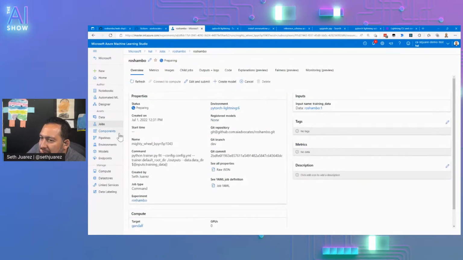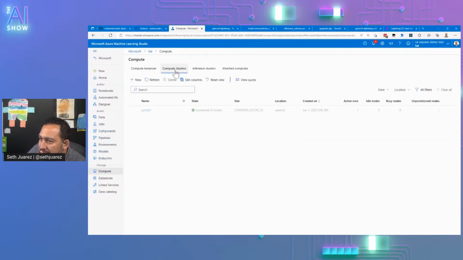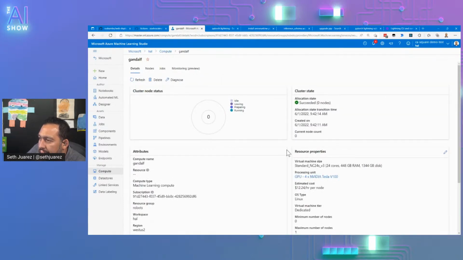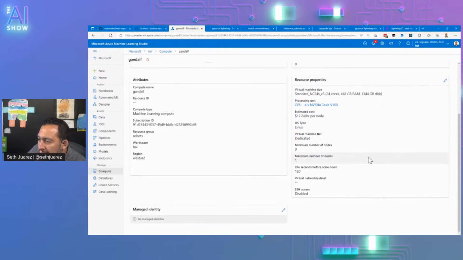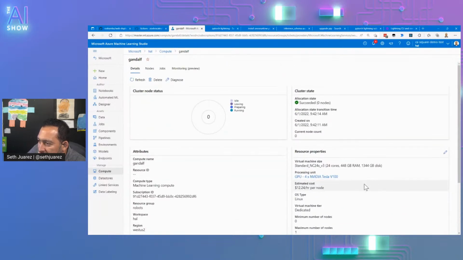Yeah, the problem is my compute is turned off all the time because it's so expensive. Oh, look at that. Current node count 0. Maximum node count 1. Yeah, this one's expensive.